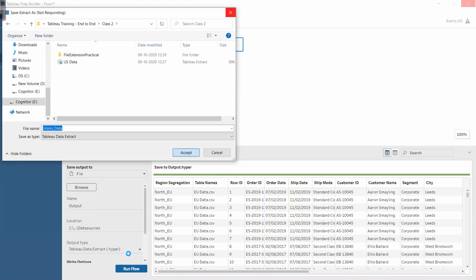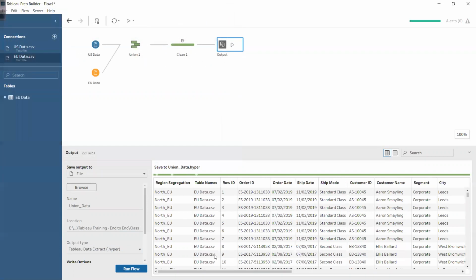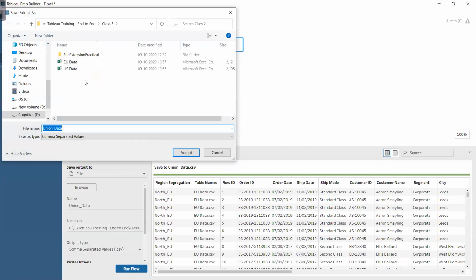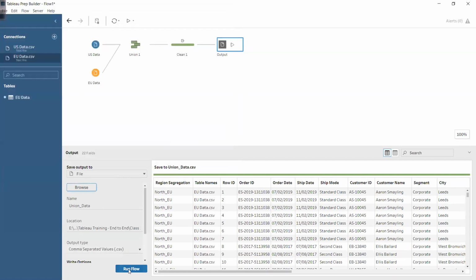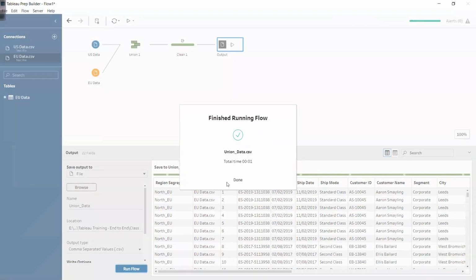I'll just change here, drop down. So I'll make it as CSV. Okay. And let's browse it again, check. Yes, union data, CSV. Perfect. And run the flow. You can see, done.